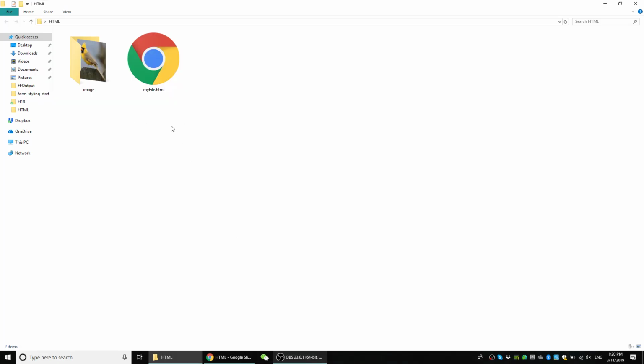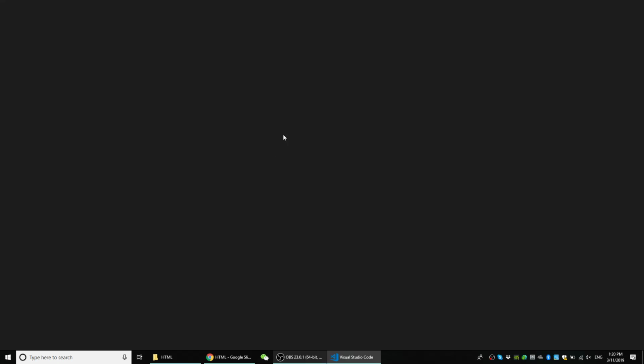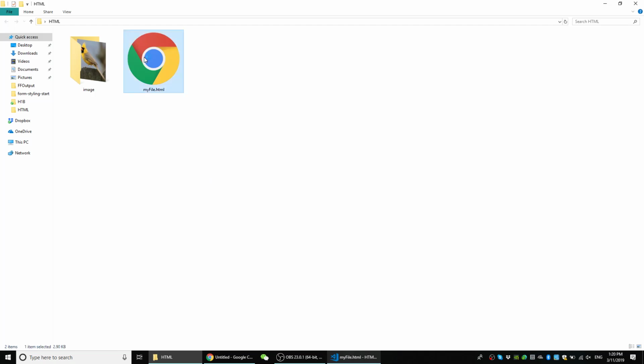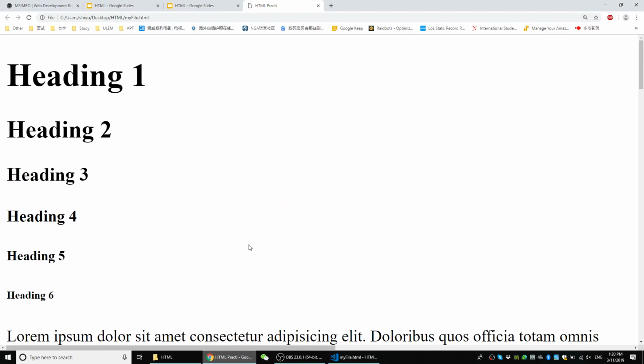Right? So this is the file we were playing with. Let's open it with code. This is the file, and also let me open the file in the browser as well. This is the file we're working on. And if you look carefully here, you can see there's something